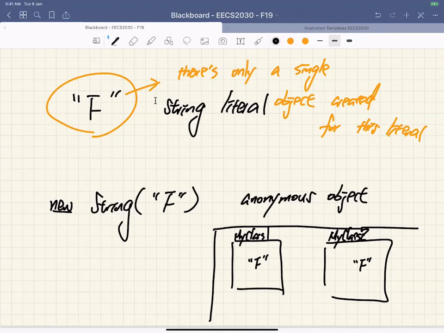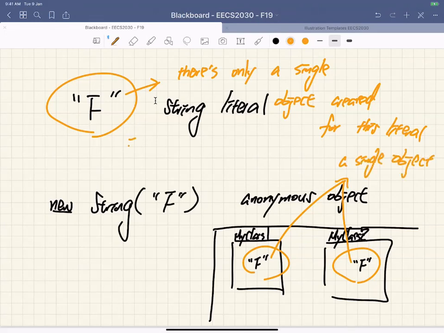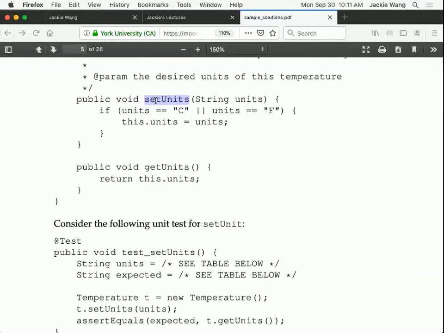What they will do is at runtime, they only create a single object for this string literal F. There's only a single one. That's what I meant by single, okay? So that's why at runtime, there will only be a single object. In that case, if you simply use the equality operator to compare, it would just be aliasing. So that one would just pass. So that is why, when you go back to the original test question over there,